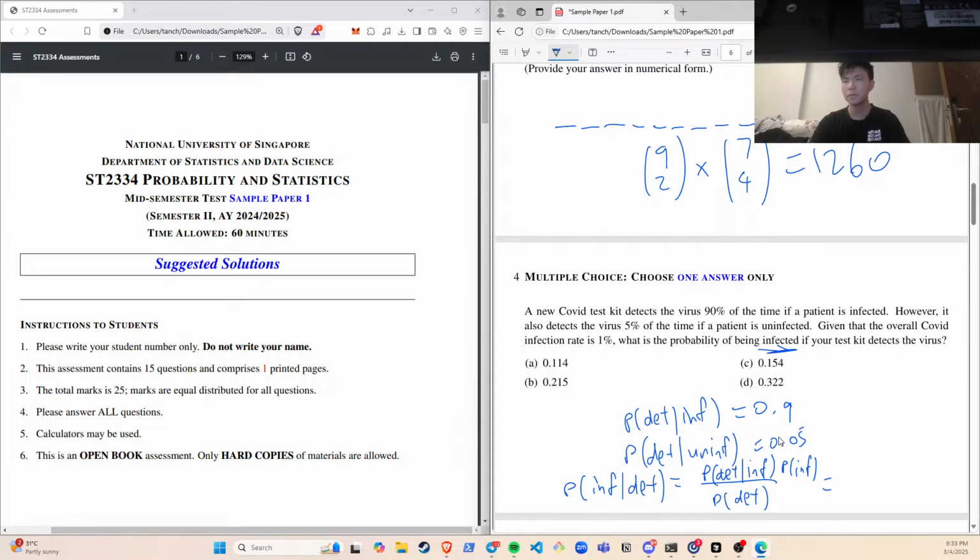Am I doing this right? Yeah, I think I am. Let's try. So probability of being detected is 0.9 times 0.99 times